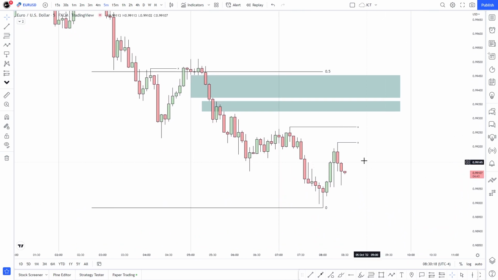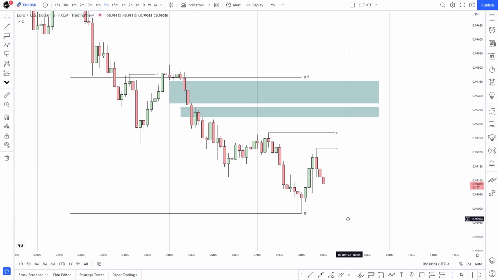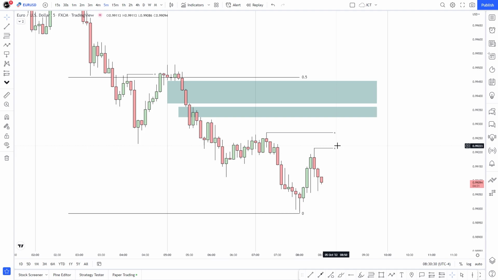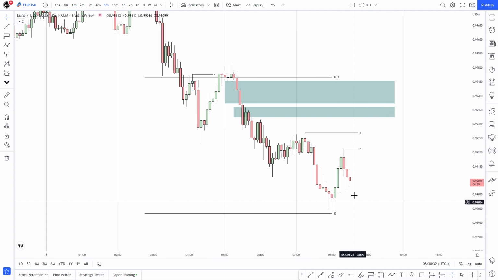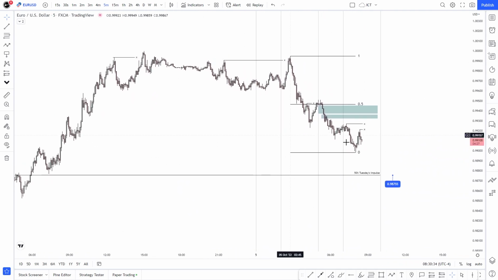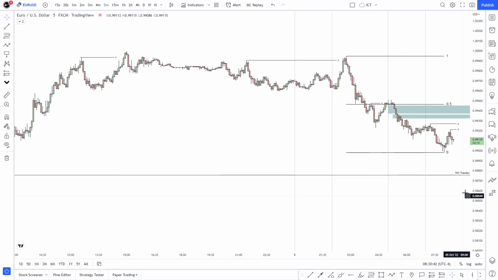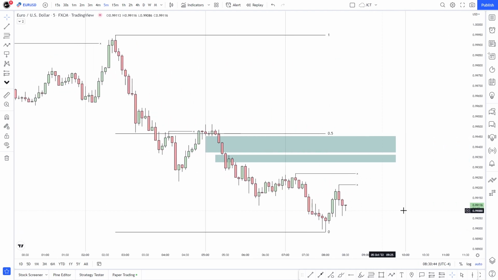At the time we can take this high, displacement, market shift, fair value gap in the 5-minute, lower time for opportunities. So that's something we can look for. Ideally, we see price trading up to this or up to this, just a little bit extra. Not necessary, but a little bit extra that I would like to see. On the other hand, price could just continue to go aggressively lower and reach this target, which would have been my target by going bearishly. But I guess we'll find out.